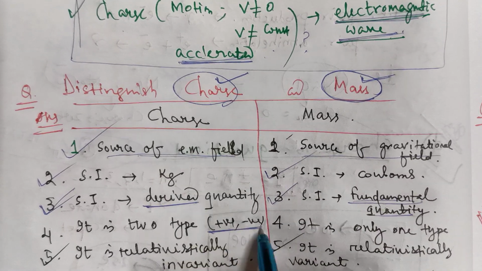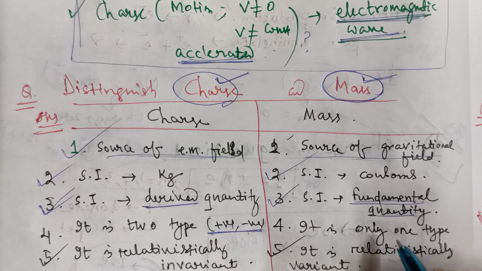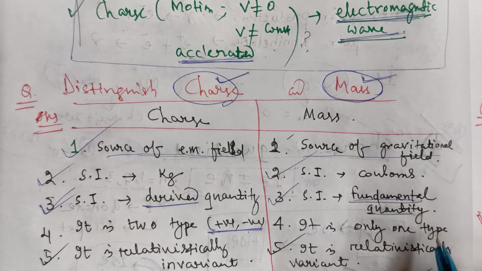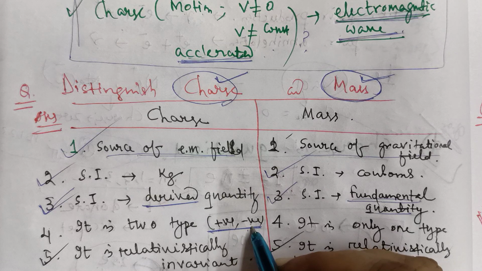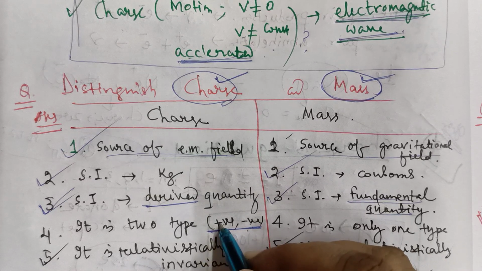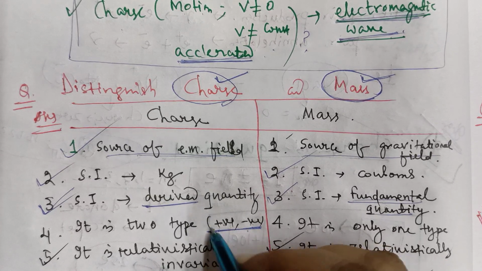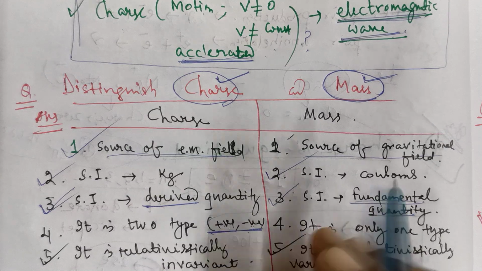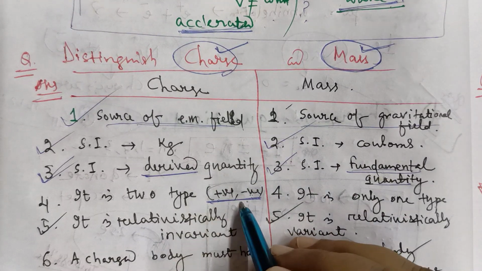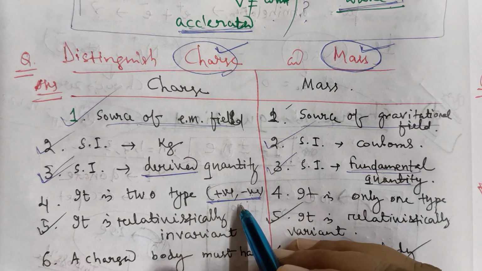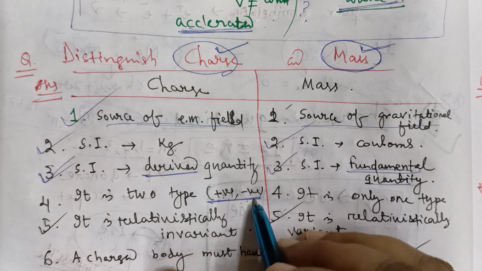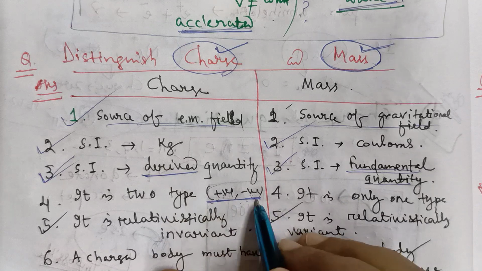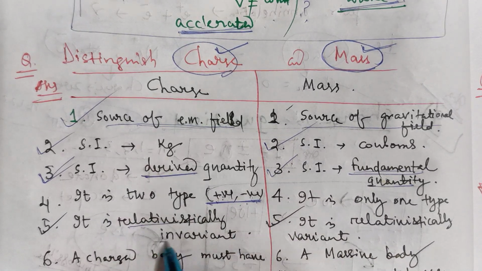There are two types of charge, positive and negative. For mass, there is only one type, that is positive. Remember, positive and negative are just names of the two kinds of charge. Don't say positive charge is more and negative charge is less. This is very important. Some students always say positive charge is more and negative charge is less, because the mathematics concept is always in our mind: positive means more, negative means less. But here, positive is one variety of charge, negative is another variety of charge. This is an important topic we have already discussed.